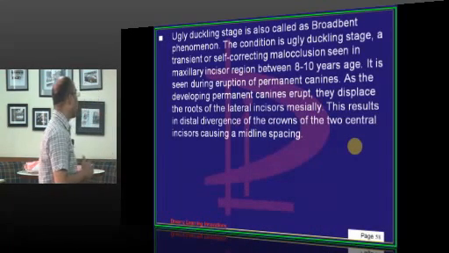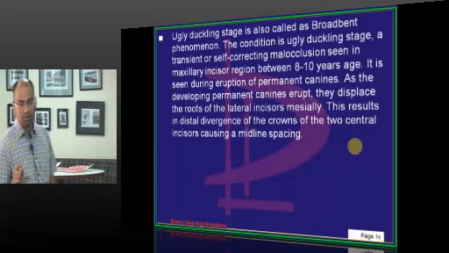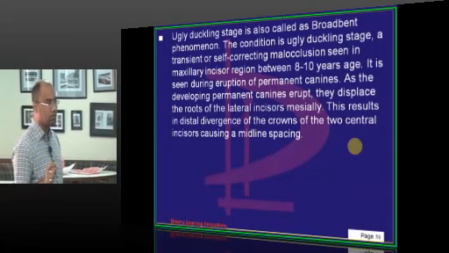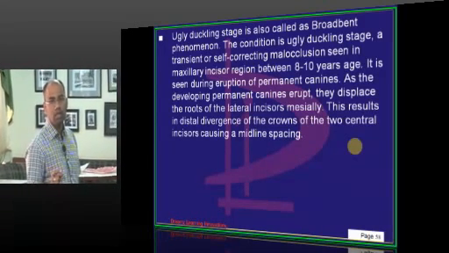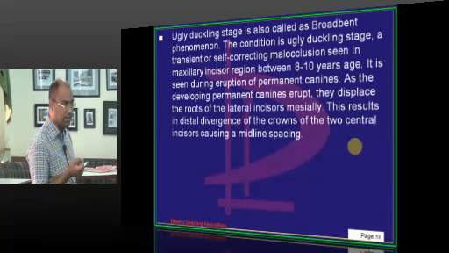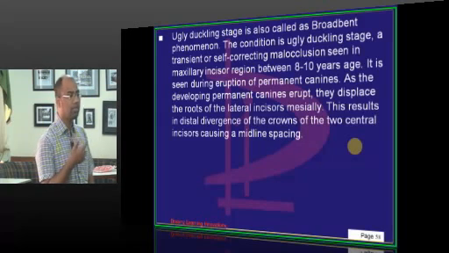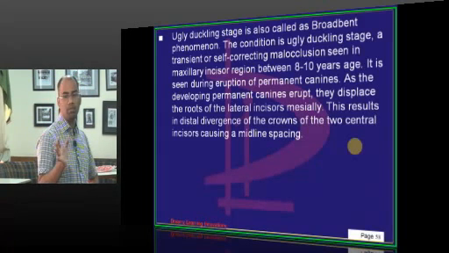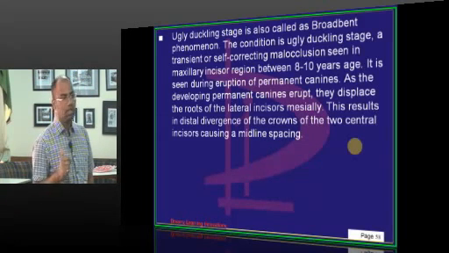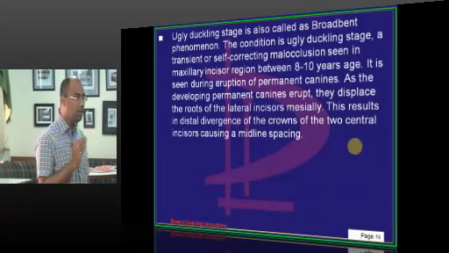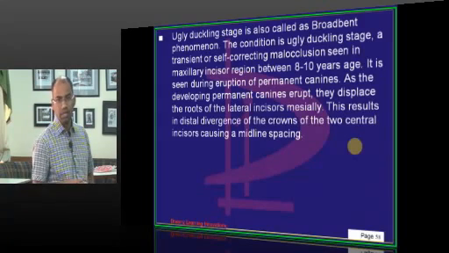So it is also called broadband phenomena, which is a self-correcting phenomena. It is a transient malocclusion. No treatment is required. So whenever you see a midline diastema, when a patient comes to you at the age of 8 or 9 years and complains of midline diastema, you should not be in a hurry to do some treatment. So you should explain to the patient why this is normal, what is the physiological condition here,